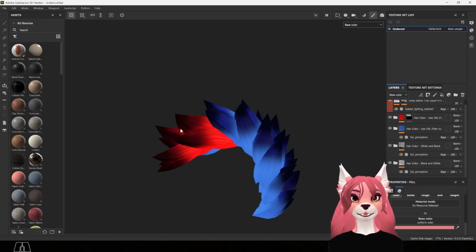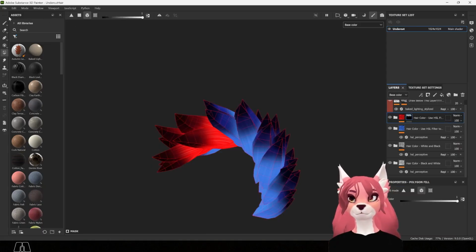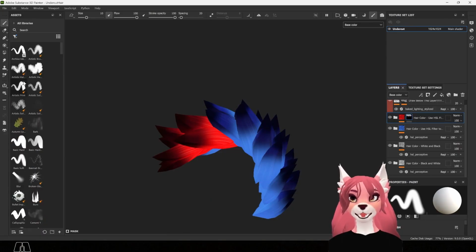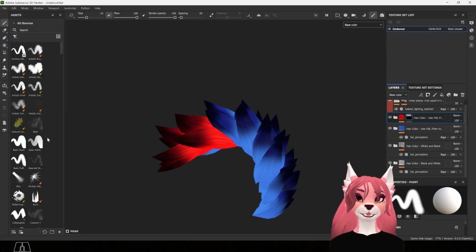If you want to make a more natural blend, you can do so by selecting the mask, going over to your paintbrush. You might need to hit this drop down and then select brushes to get the full view of all the brushes. I'm going to use the basic soft brush. So double click that,